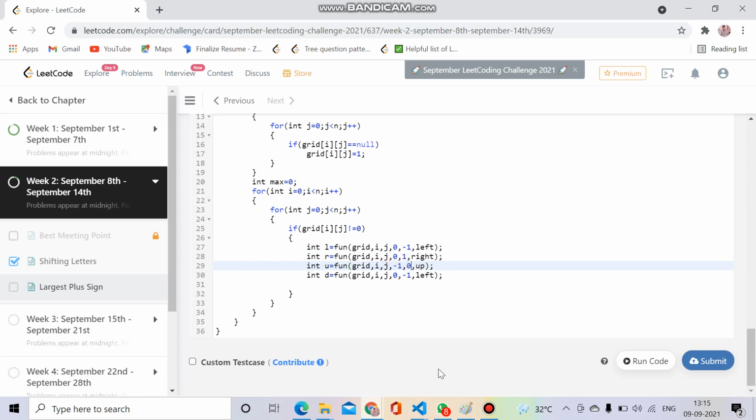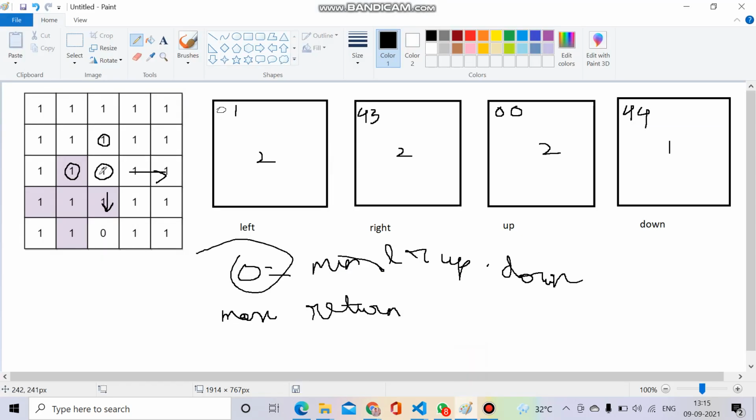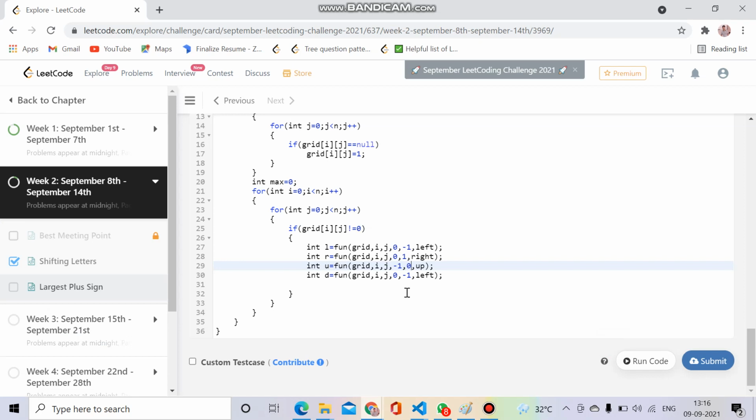You can get it: if we go upward, the row will be decreased, like from 2 to 1. So for going upward the row decreases by 1 and the column is the same. For going down the row increases by 1 and the column is the same. I'm just doing that only. For down, I will store it into down.